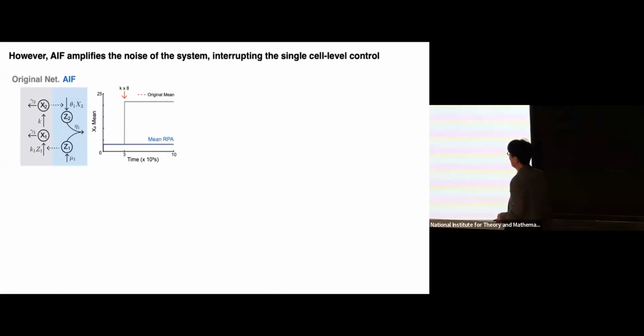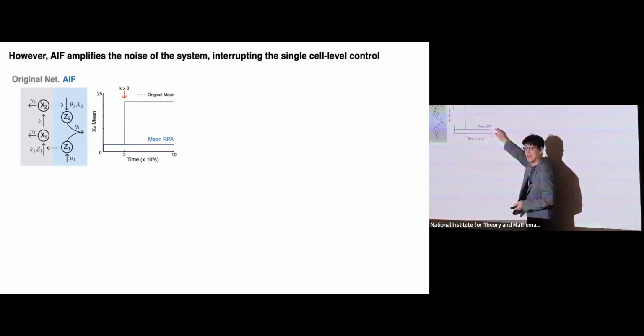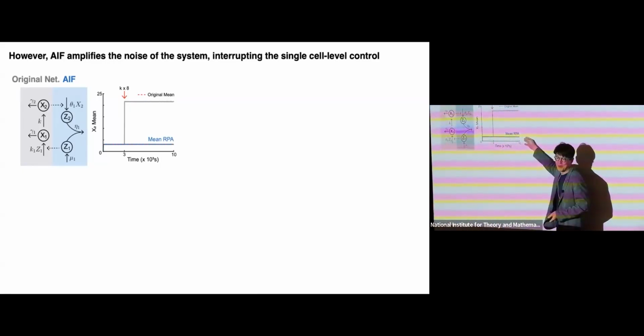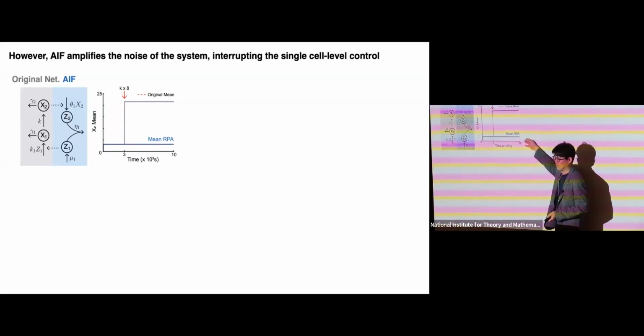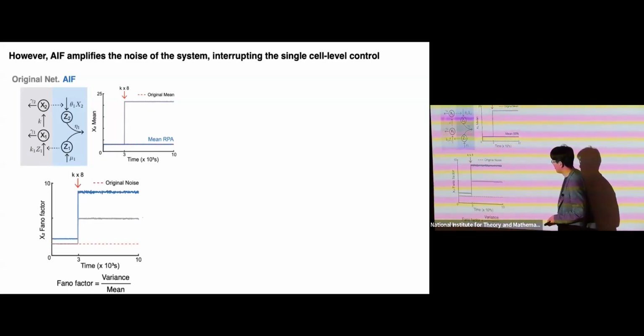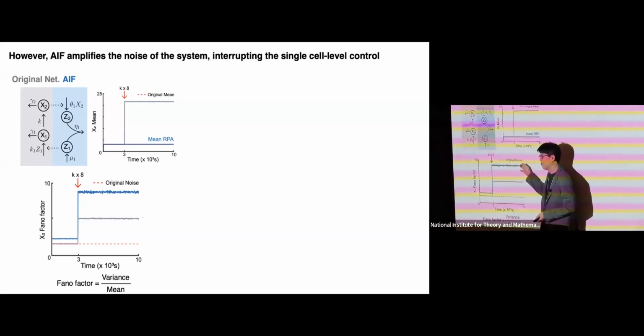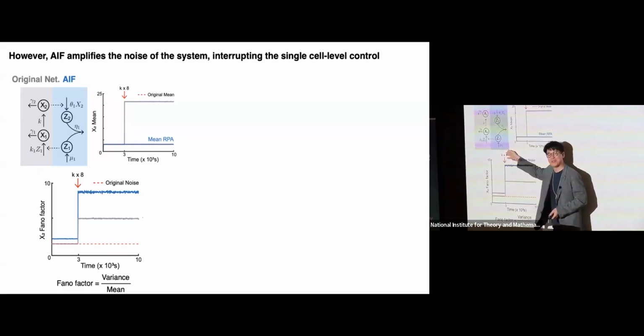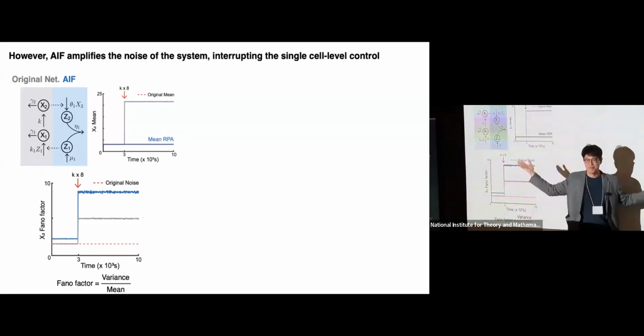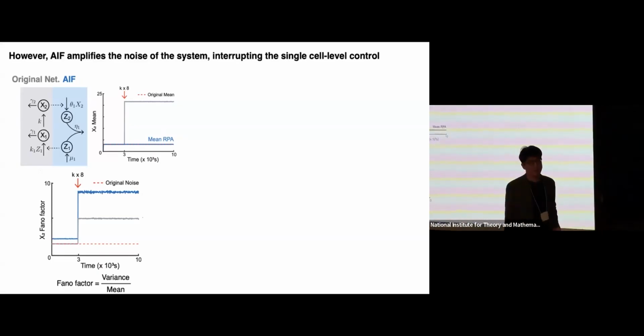Okay, the mean level is well controlled. What else do you want to control in a stochastic system? Yeah, the noise level, right? So the problem is that noise is amplified. Although the mean is controlled well, if we use this controller, the noise is amplified. Why this is bad in biology is,